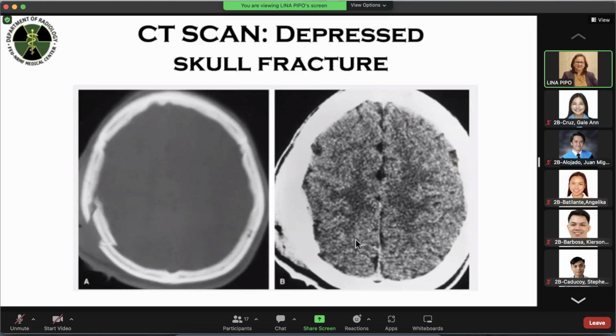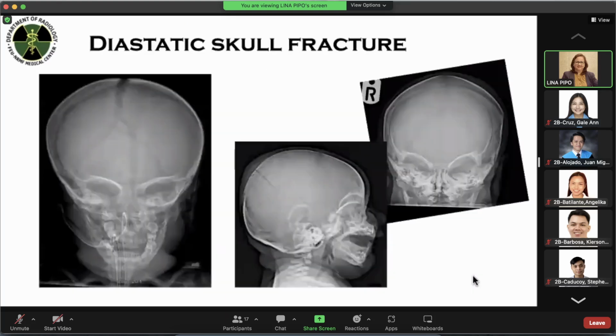But in this area, the brain window, we have difficulty detecting the fracture here because we have a narrower window to demonstrate the difference between the gray and white matter. Okay, in between this area of the bone, it fails to show the fracture in this window. Okay, so that's the difference. That's the importance of your bone window and brain window.